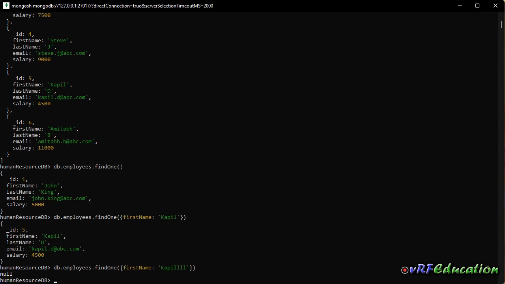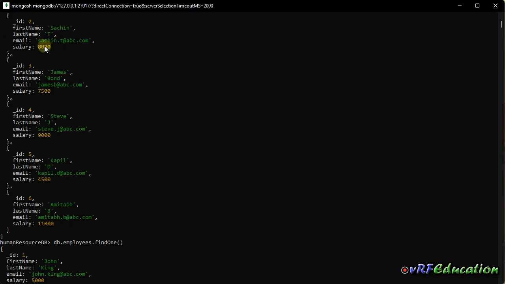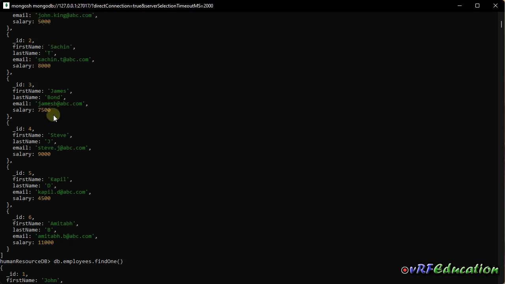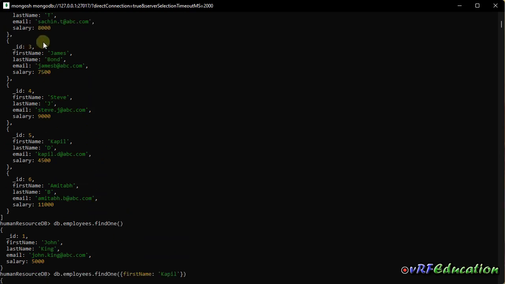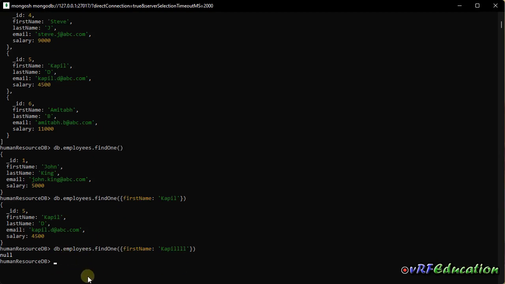Now I'm going to use those query selectors. Imagine that I'm looking for documents whose salary is greater than 8,000. So let's say we have this one and this one. Greater than or equal will also contain this document. So I'm going to say